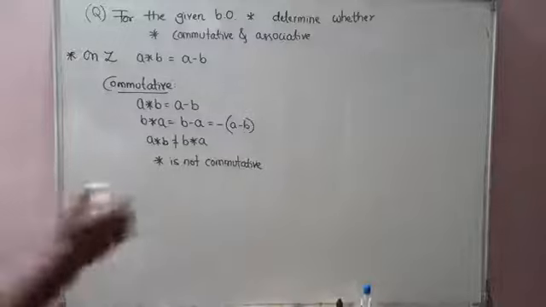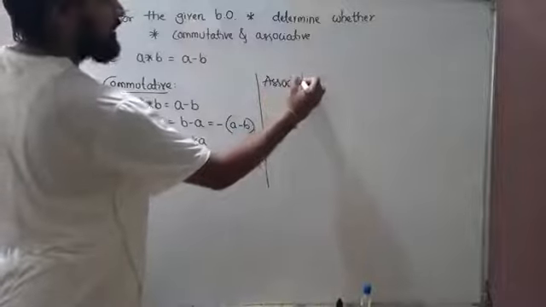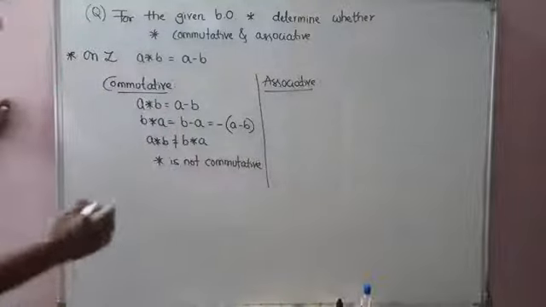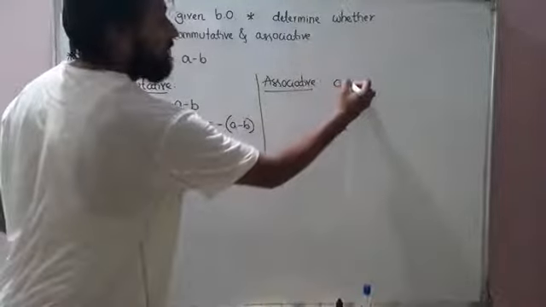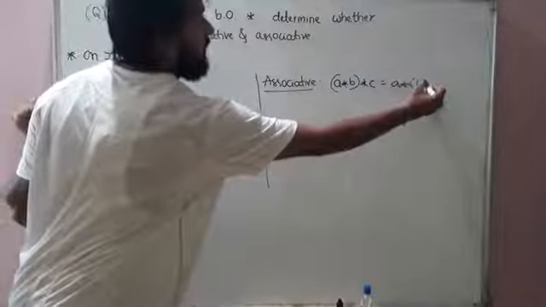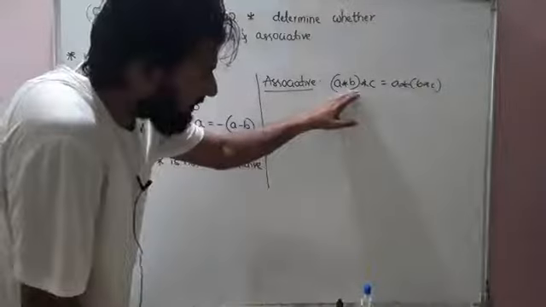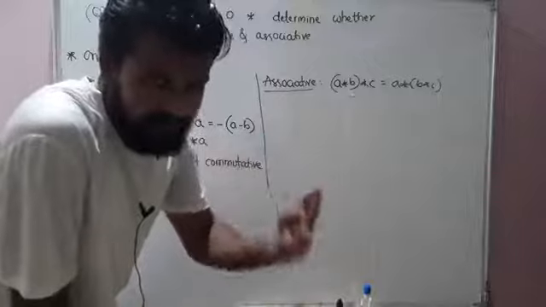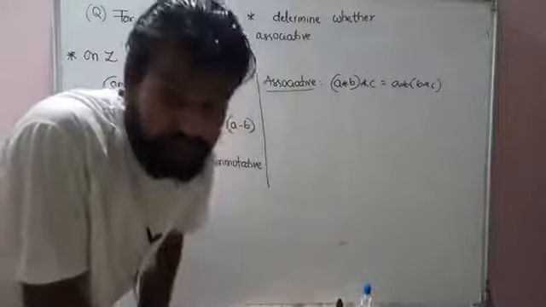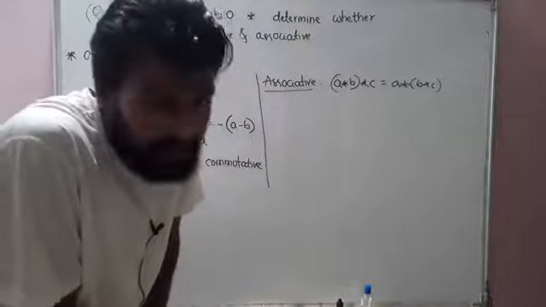Okay, let me check for associative now. This is very important. Please understand it carefully so that you can solve all questions by yourself. I'll tell you with one question, okay? Associative. So what is the associative definition? (a star b) star c is equal to a star (b star c). So what we'll do is we will take the LHS and solve it and we'll get some answer. Similarly, we'll take the RHS and solve it and check whether LHS and RHS are the same or not. If they are the same, then you can say it is associative. If they are different, we'll say they are not associative.